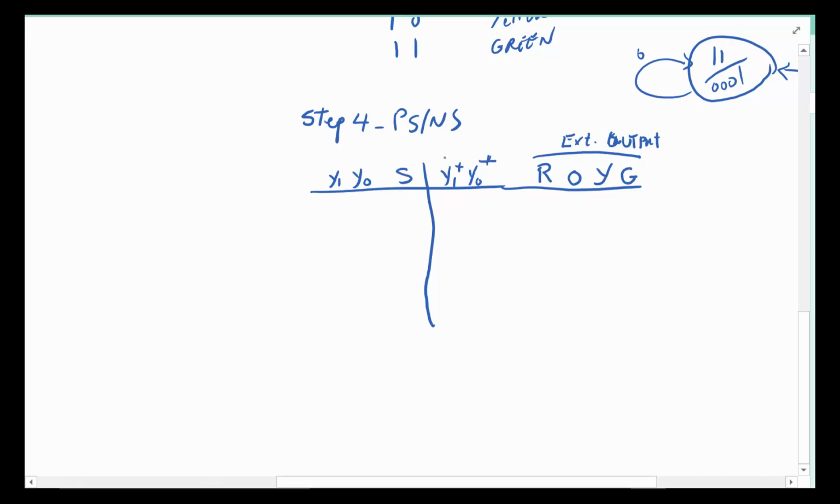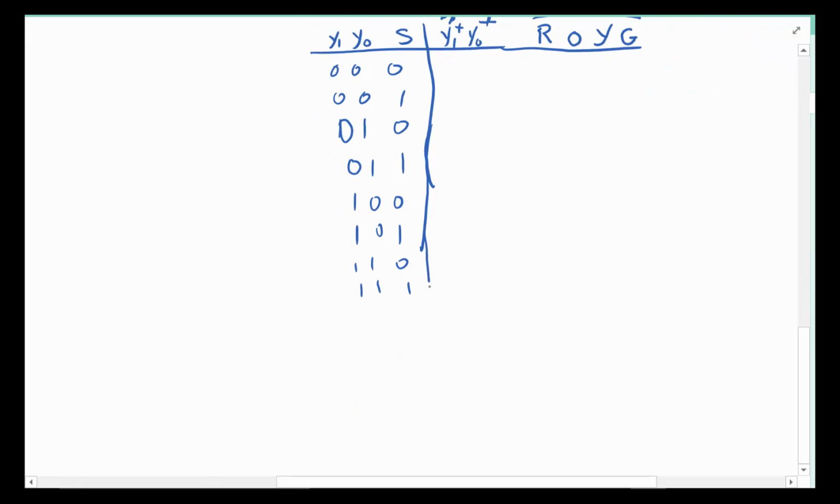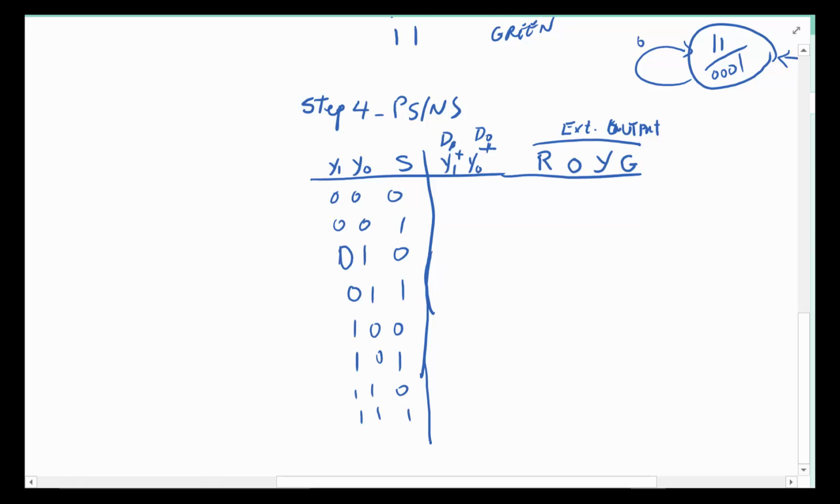Because it's a D flip-flop, D1 is the same as y1 plus, and D0 is the same as y0 plus. So this is both the excitation input and the next state, together, and this is the external input and the present state. Just like we do the truth tables, we're just going to fill this in. All right, so now that we've got that all filled in,